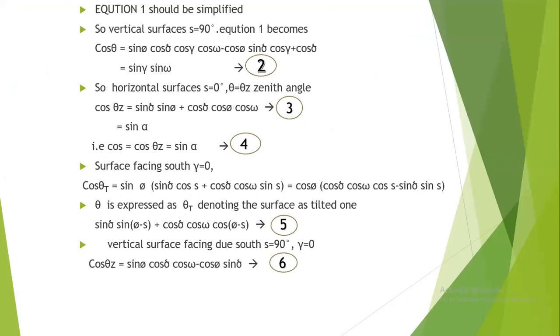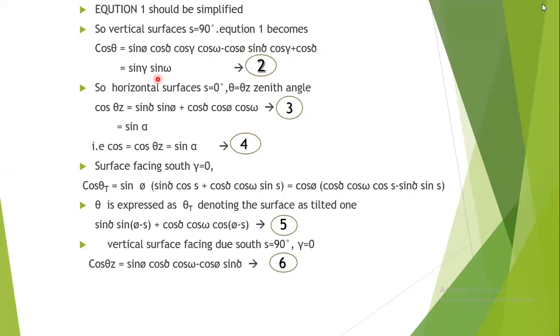So equation 1 becomes cos theta is equal to sin phi cos delta cos gamma cos omega minus cos phi sin delta cos gamma plus cos delta sin gamma sin omega. So this is the first assumption made for equation 1,